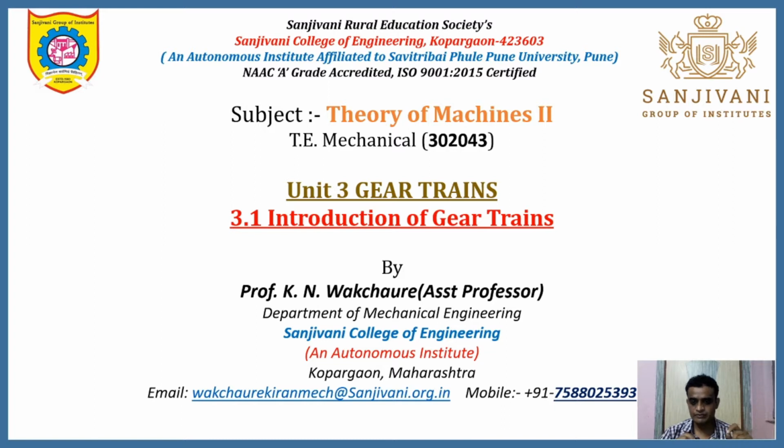There is a difference between the gearbox and the gear train. In gearboxes, for example in a four-wheeler or two-wheeler, we obtain three-speed or four-speed gearboxes. That means four speeds, five speeds, six-speed gearboxes, so we obtain different velocity ratios. But in the case of gear trains, we obtain a constant velocity ratio. That means we can't change the gear ratio; it remains the same.